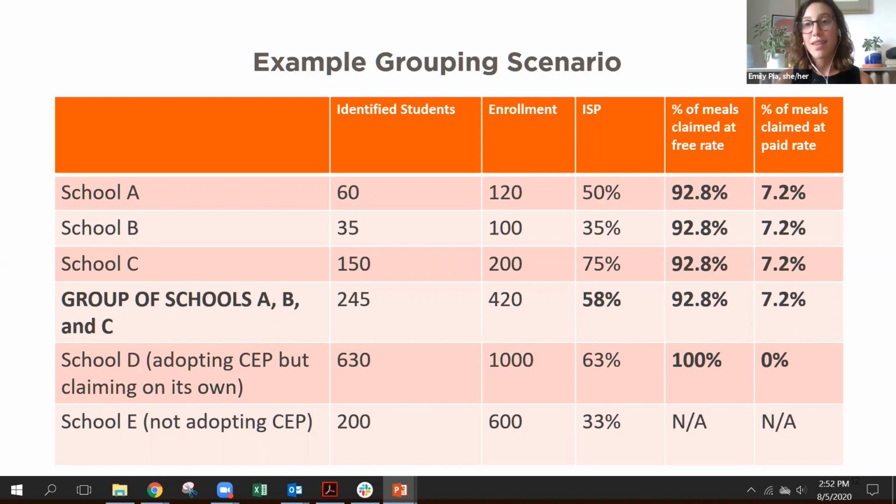It's just the way that you are set up to count and claim in your school, in your state agency system. So I've been using Meals Count going in as a first step to see what the ideal grouping scenario is, and look at estimated reimbursement annually per school and per group.